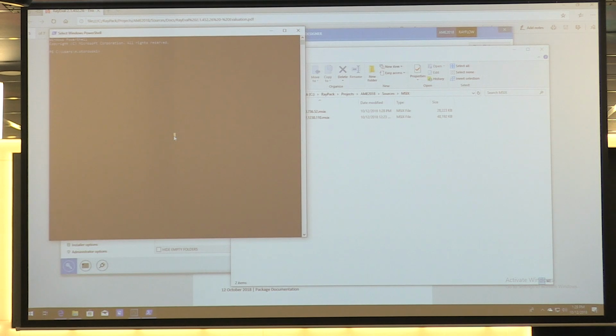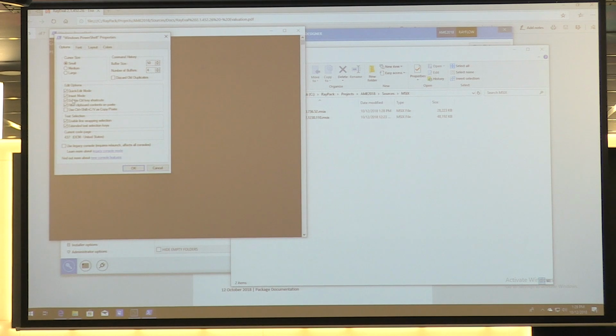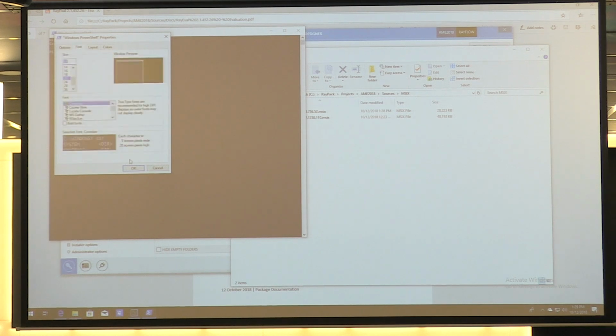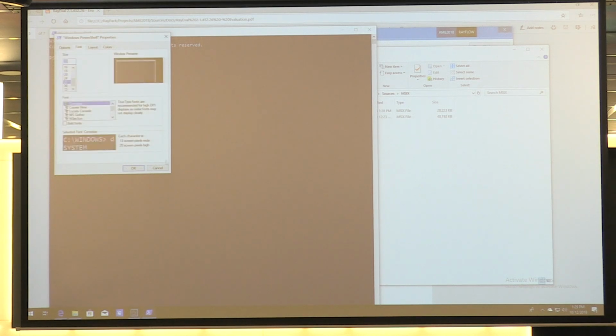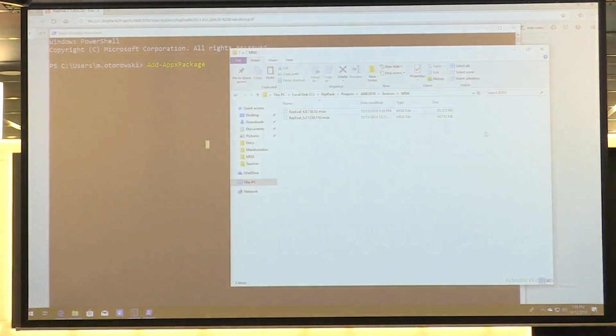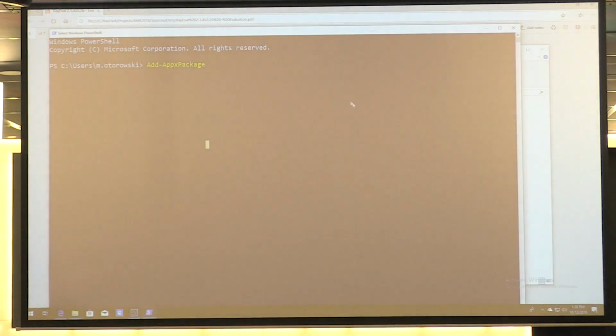Can someone tell me which command I should use? Add-AppxPackage. So if you have experience with App-V, it's pretty similar: Add-AppvClientPackage, Add-AppxPackage. And then, I think the font is maybe too small, so let's make it a bit bigger. Where do I find it? Font. Let's make it like that. Better, or still too small? So now that should be better. Add-AppxPackage, and then I'll just drag and drop my RayEval 4.0